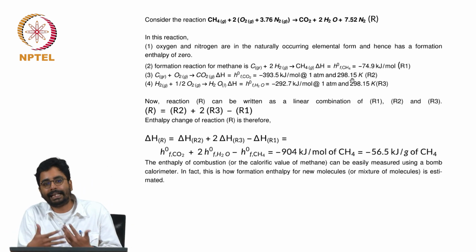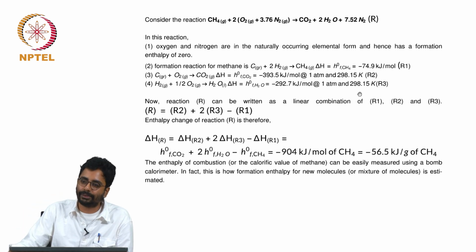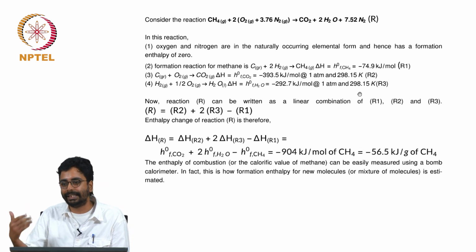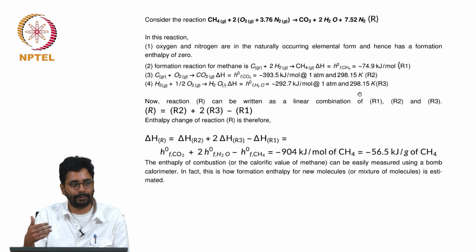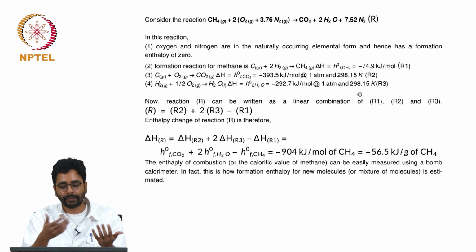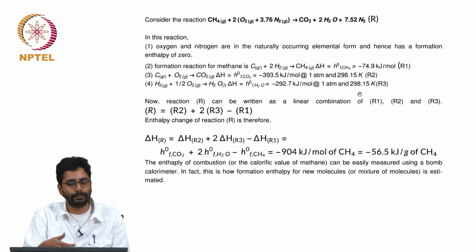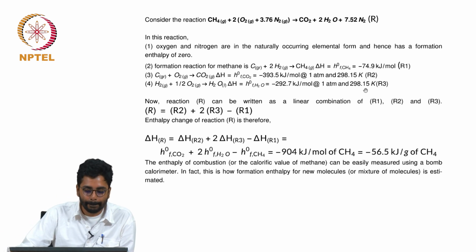You can imagine conducting this reaction in a bomb calorimeter and measuring the enthalpy change. In fact, what is actually done is that, using a bomb calorimeter, you measure the enthalpy of combustion of methane. From that you can back calculate the enthalpy of formation of methane. Okay. This is a simple strategy. For example, if you have an exotic fuel which is a new molecule, the simplest way to get the formation enthalpy is to oxidize it completely using air or oxygen, measure the enthalpy of combustion and back calculate the formation enthalpy. Okay. Similarly, for carbon dioxide you can conduct this reaction and get the formation enthalpy, and so on for other components.